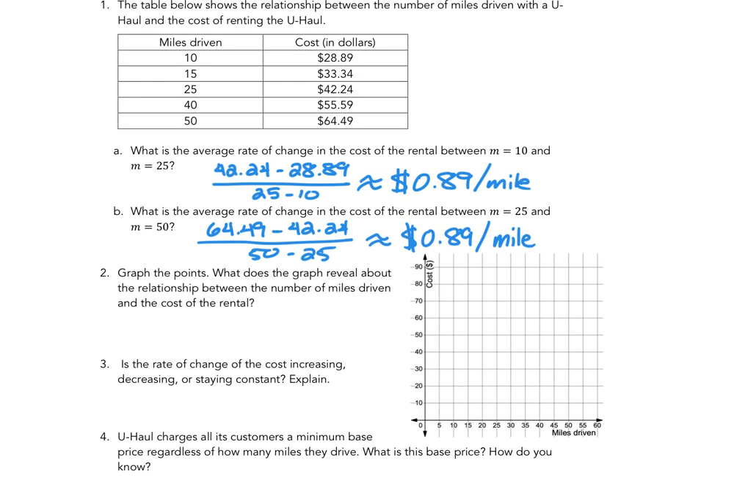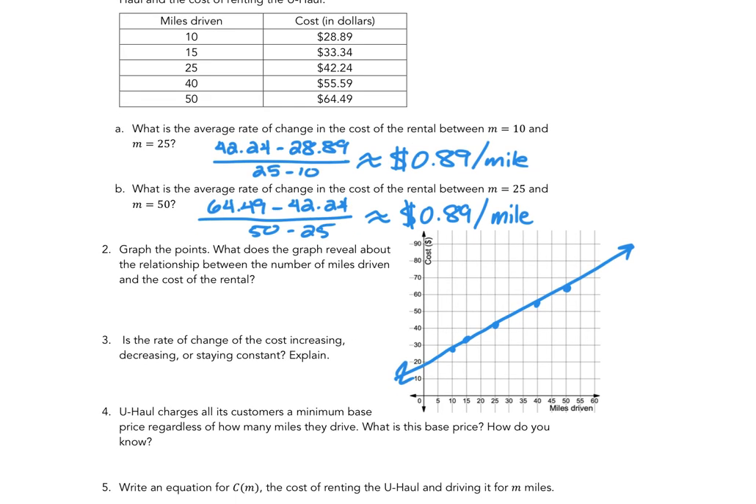So graph the points, these points right here. If I graph those points, they all appear to be more or less on a line, right? Which shouldn't be surprising. I said this set of notes focuses on linear functions. These points make up a line. So what does the graph reveal? It is